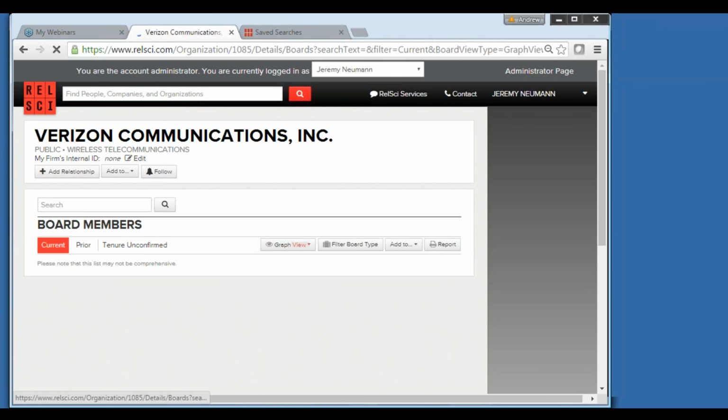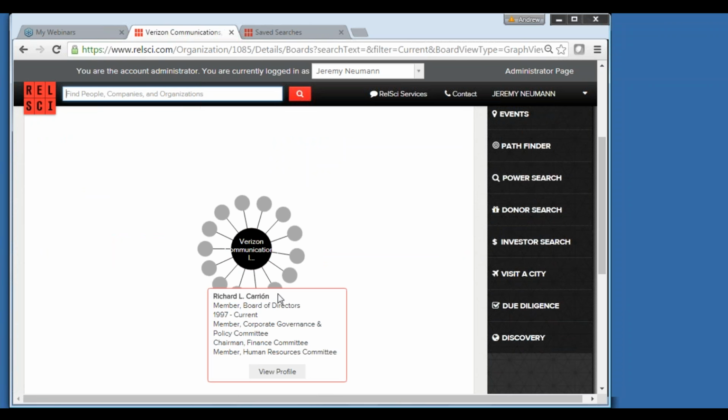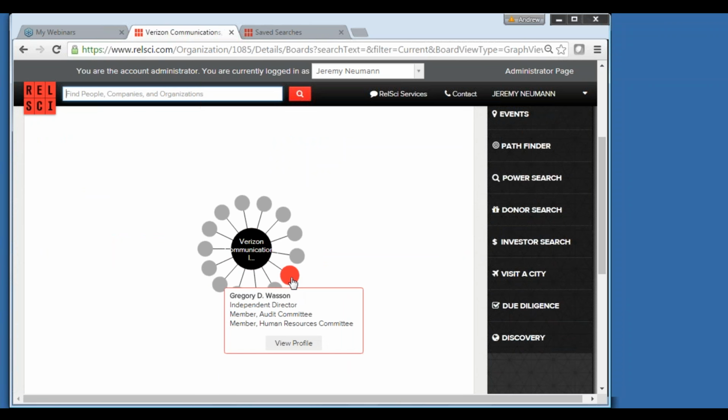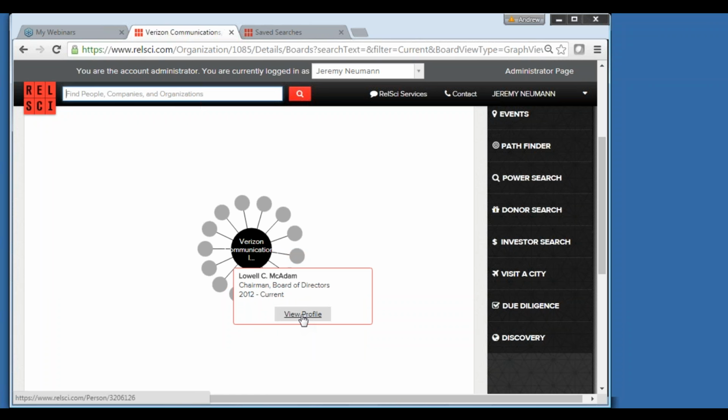So this is great visually. Now we see Verizon and who the board members are. You can hover over that circle here and see, oh, look, it's Gregory Wasson. He's an independent director. He's also on the audit committee and the HR committee here at Verizon. We can scroll through, and if you want to view the profile of that board member, you can absolutely click here if you want to get smart on who these board members are, where their interests